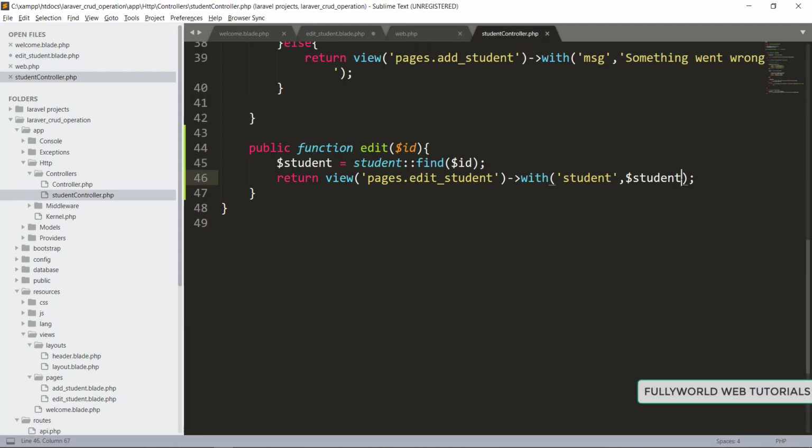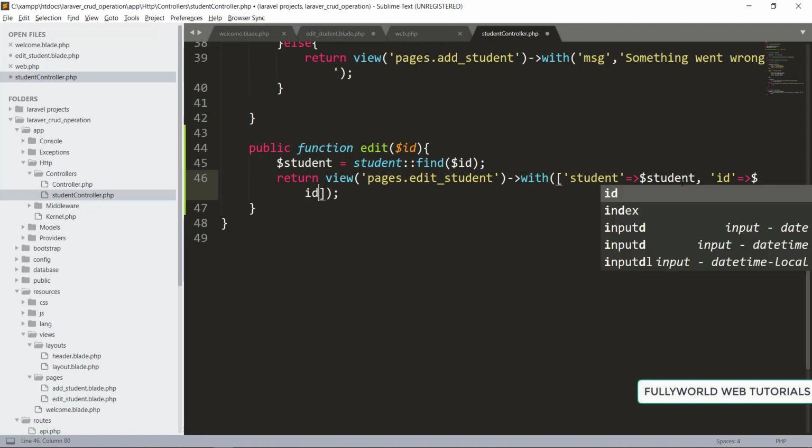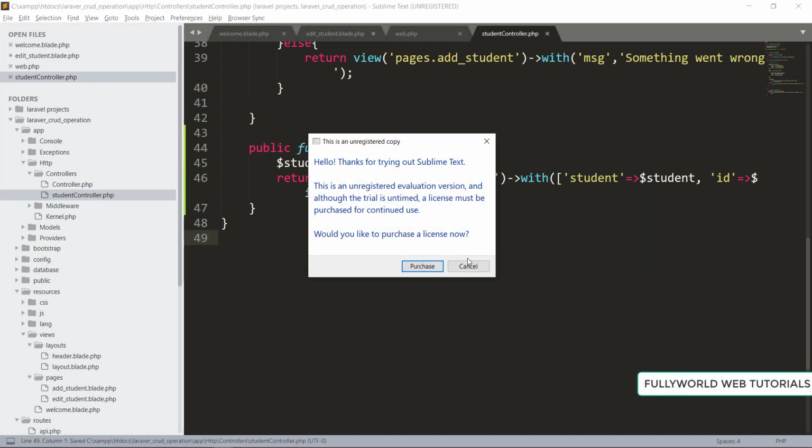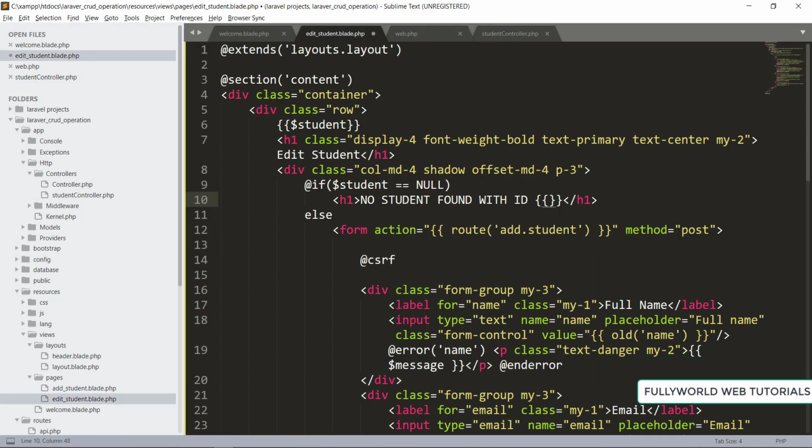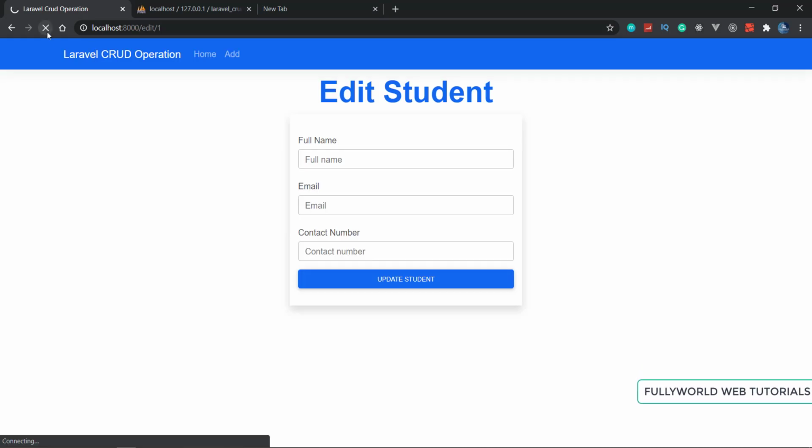Here I will be using one array, and this array will be an associative array, and the second value we are going to pass is our id here, and this will be $id. Save this, and now let's see if this is working or if we are getting any error.